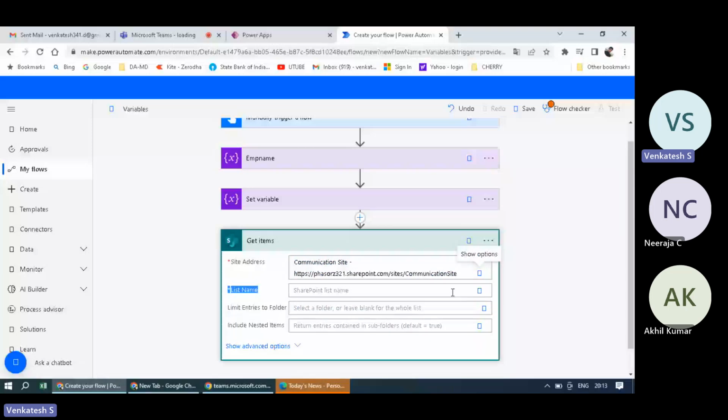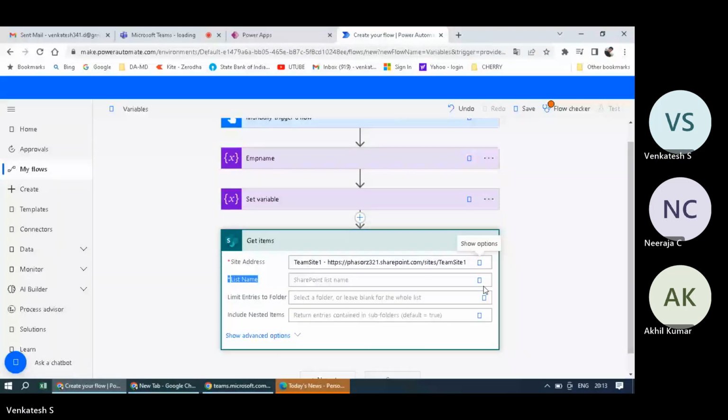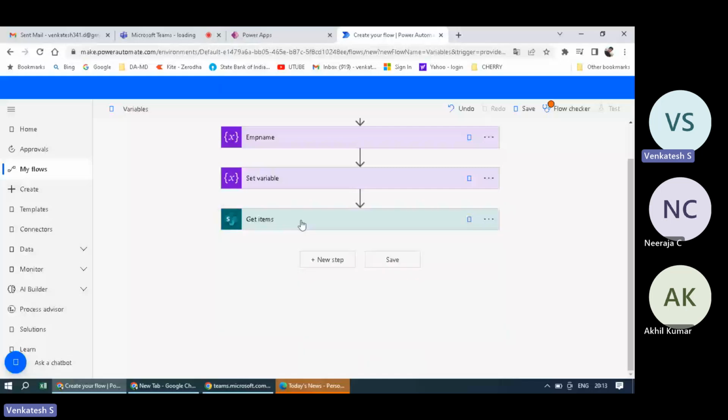Then the list name in this site. This one doesn't have any list. Team site. You have the employee onboarding list. From this list you want to get some items. Now I have got this list. Then